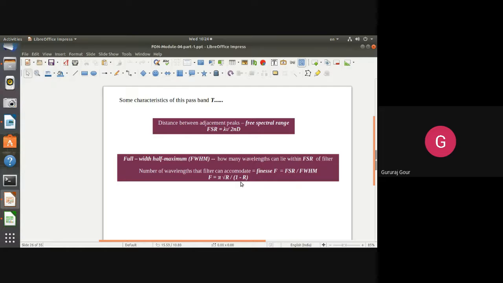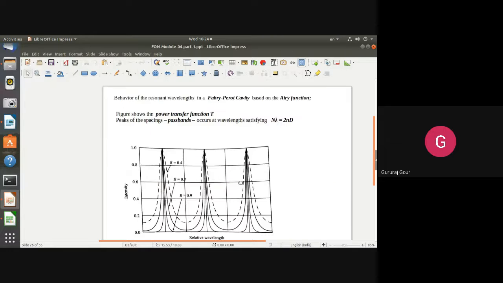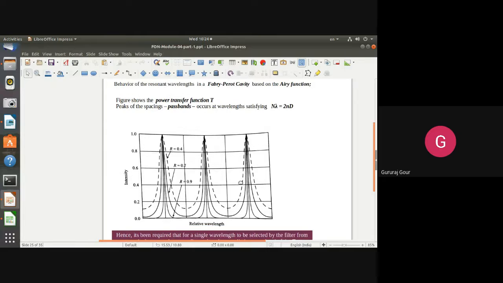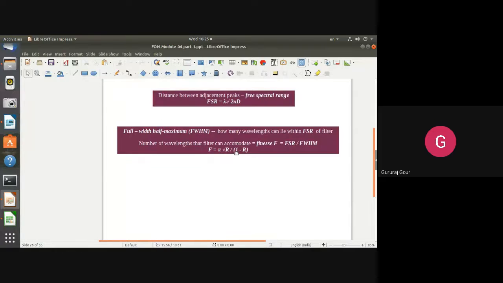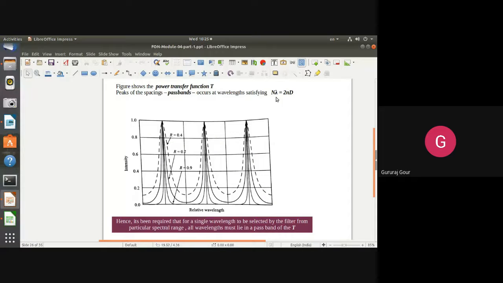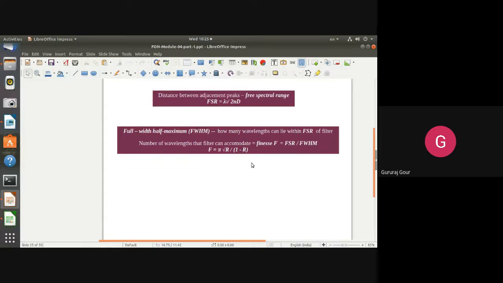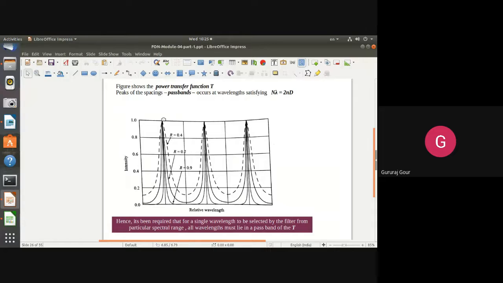This is very important, guys. That is why in this slide we are concluding. Your answer is going to finish up. Remember your DTFF by this only. You conclude by saying that if you get any dominant mode outside this T, or not having this integer multiple of 2nd by lambda, that results from this. That is why it depends on the reflectivity parameter. So it totally depends on the reflectivity.